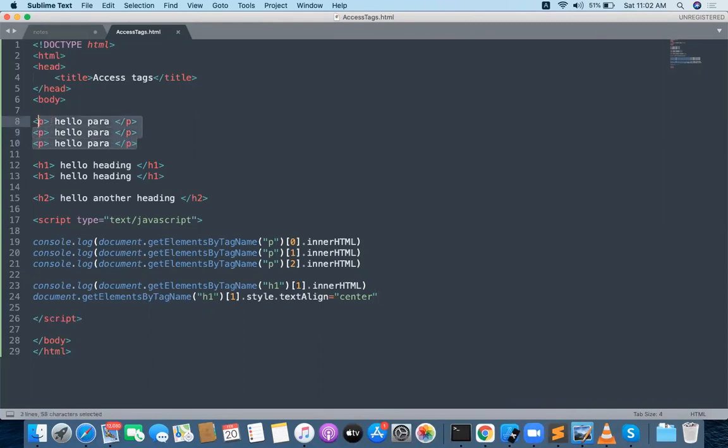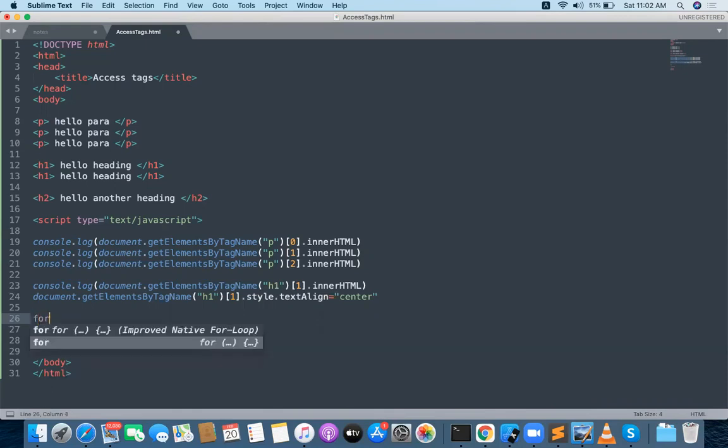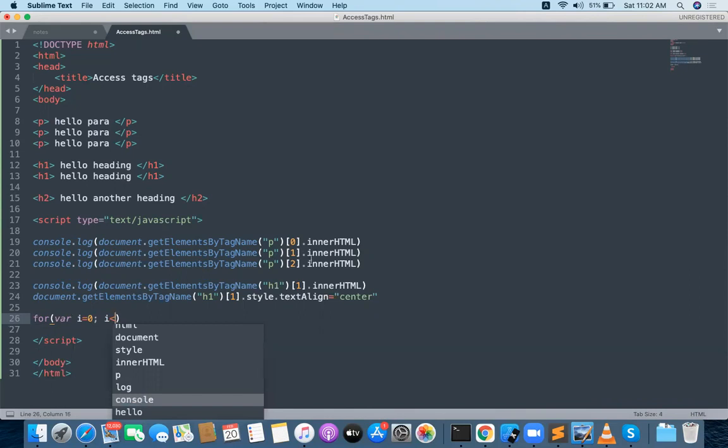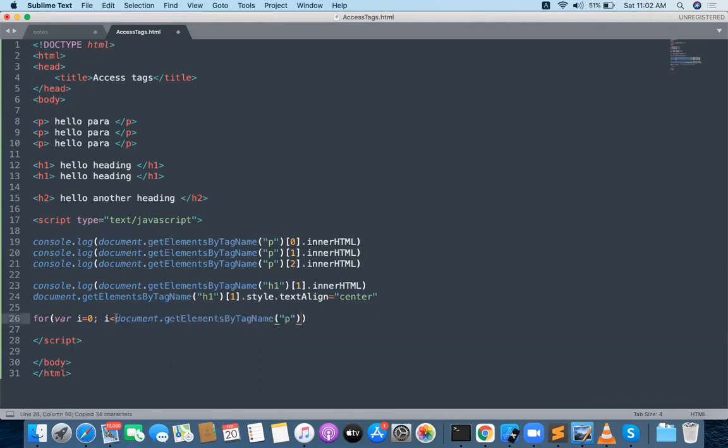For example, I want to make all these paragraphs center. In this particular case you need to write a loop now. I will tell you loops later, we are not in the loops right now. For the loop we need to provide for i equal to 0, i less than document dot get elements by tag name of P, P of i.